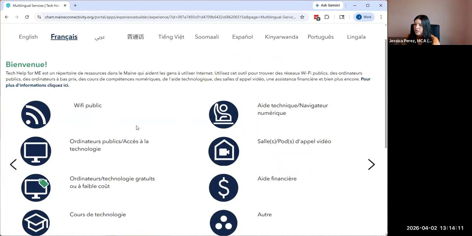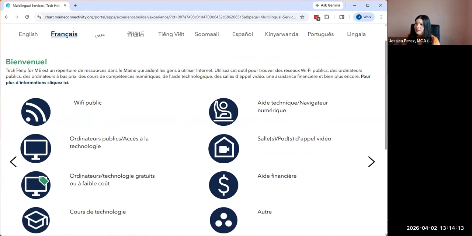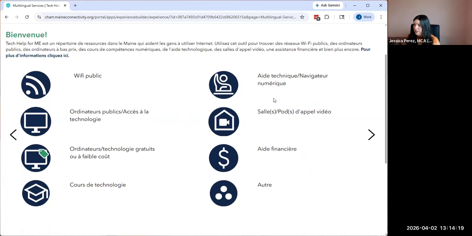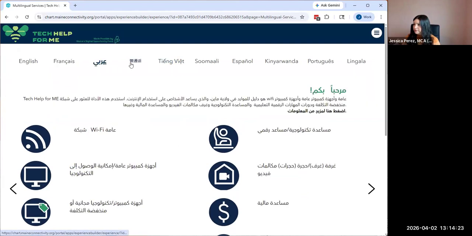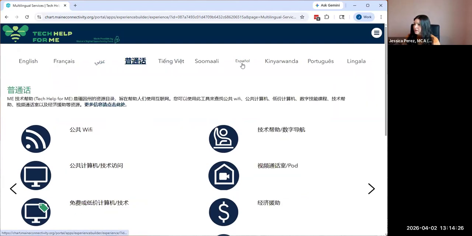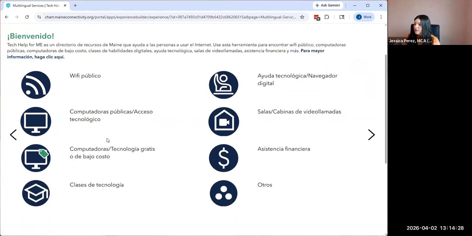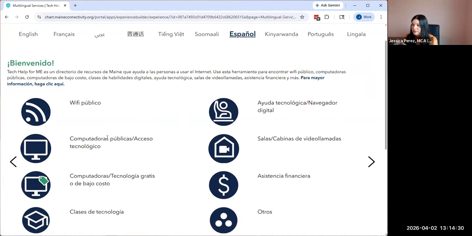So you can go over to French. It's going to give you a description of what Tech Help for Me is. And it's going to tell you what each of these symbols mean. And so on and so forth, right? So this is the starting point for someone who doesn't speak English to understand how to navigate the tool. And then they need to take what they have learned here and go back to the main page